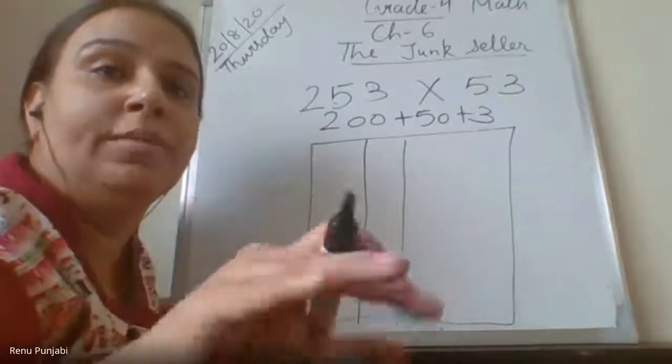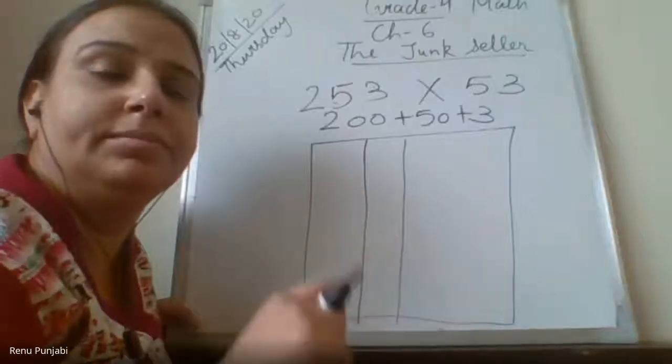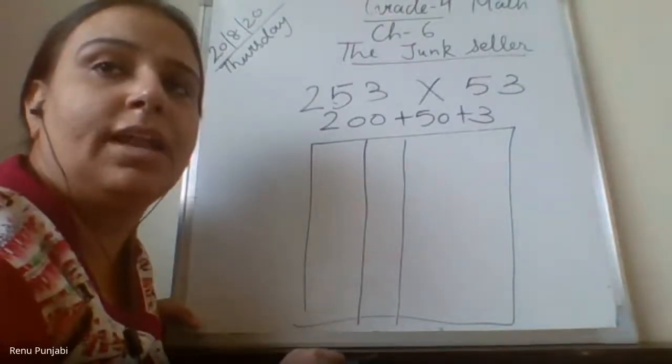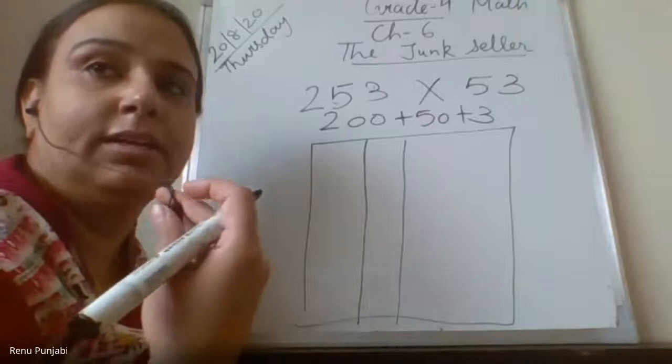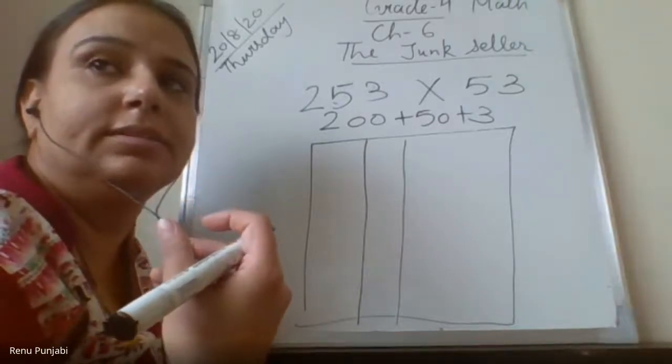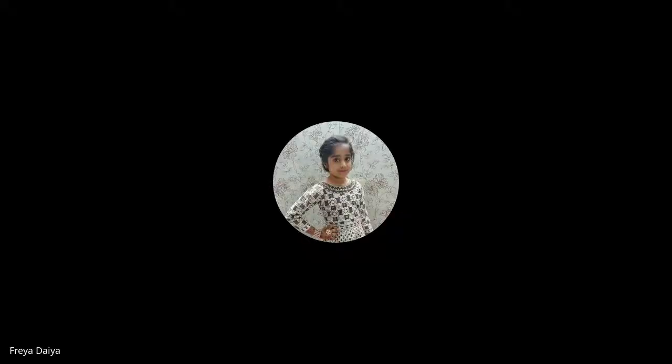Ma'am, your screen is not visible. Tell Riddhi to pin my screen. Yes, ma'am, pin it, but I can't see it. Now check, ma'am. Lamhan, is it visible? Yes, ma'am, you are very clear. Ma'am, little bit blur.